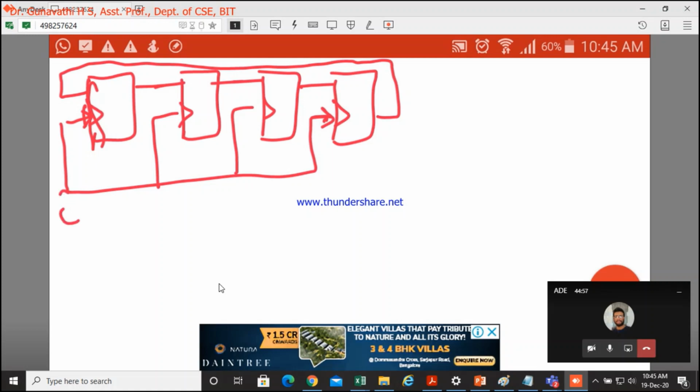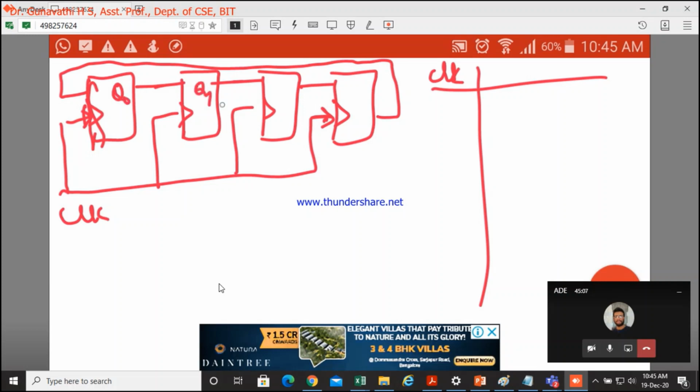This is the clock. I'll name the outputs Q0, Q1, Q2, Q3. Suppose I consider my input is 1000 only.